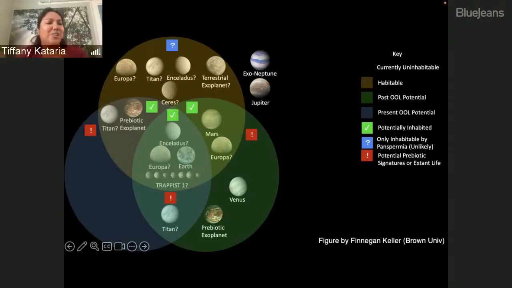I think we could probably argue about a lot of these. Anytime I've shown this figure, everybody points at different things. You'll see that Europa is in multiple areas because we just don't simply know whether or not Europa is habitable or if it could have the potential for the origin of life. But I hope Europa Clipper will do a lot to demystify that. Titan also similarly is on different areas of this figure. And then you could go through an exercise of trying to place your favorite terrestrial exoplanet in this figure as well. But the idea being that we'd love to have a taxonomy that includes origin of life as part of this consideration.